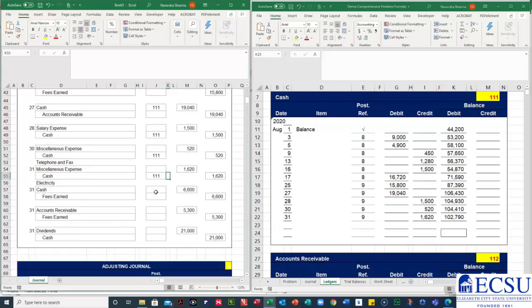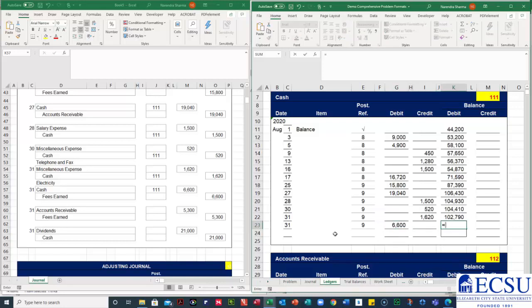Now I have another cash here, that is a debit. So I'm going to write 31 and page number 9, but a debit of 6,600. So I'm going to add it now because it's a debit and it will increase my balance. So the balance will be